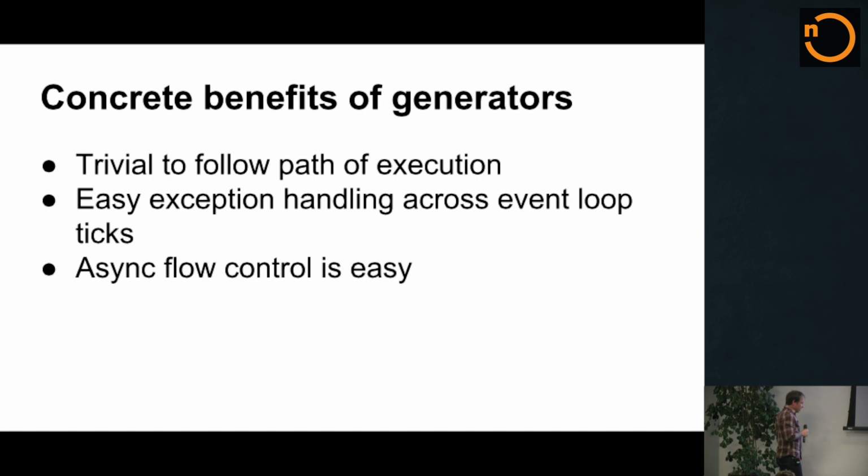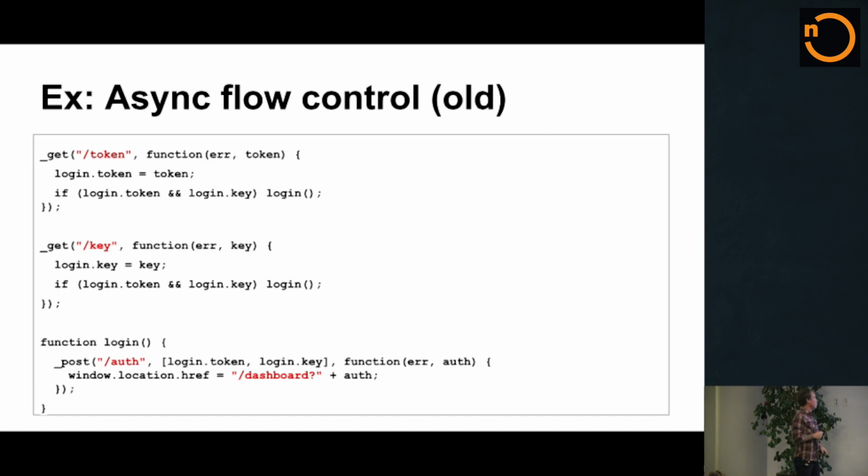The last thing I want to talk about is async flow control. I showed some examples of using promises and the async library, and also just vanilla JavaScript to do some things in parallel and then a couple things in series. The syntax was a little brutal, but we just sort of learned to accept it, and that's what we're kind of accustomed to. We don't have to do it anymore.